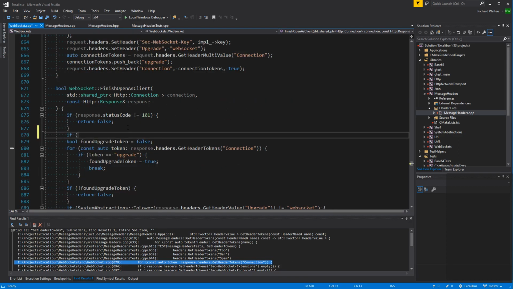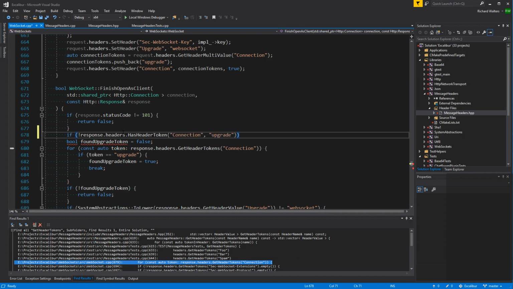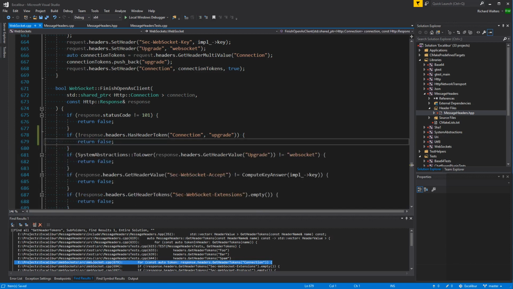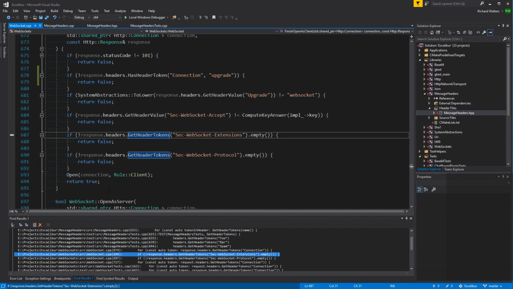We can reduce that to if not this has header token connection upgrade, return false, right? Okay, that's not if it has a token, it's if it has any token, so that's different.